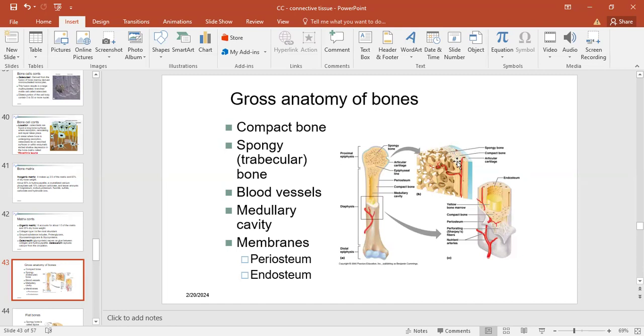But on the outside still, you're going to find compact bone. And then external to the epiphysis, you are mostly going to find hyaline cartilage. We said that hyaline cartilage forms the articular surface, the cartilage, so that the bones do not